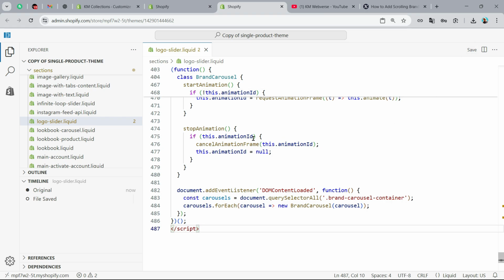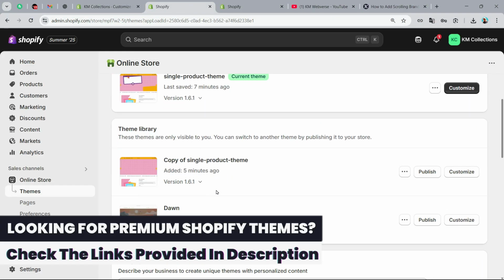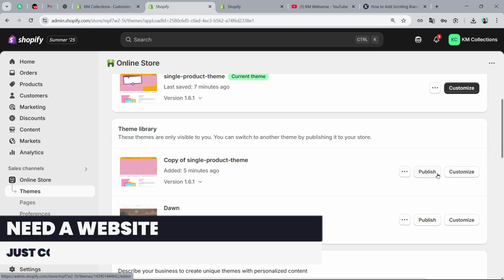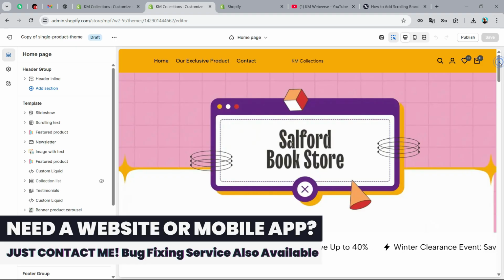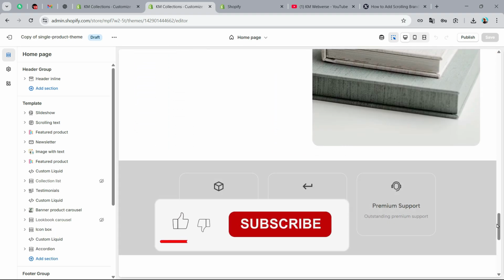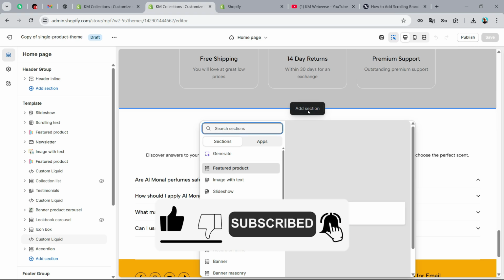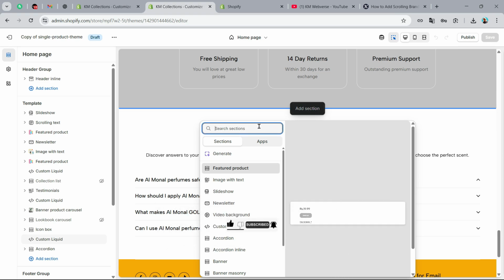and it's saved. This will create a new section in our theme, so we can add that section to the store. Now we can go back to the customizer. Here in our duplicated theme, we will have to click on customize. Here you can scroll to wherever you want to add this section. So for example, I want to add this above this FAQ section, so I will click on the plus button,